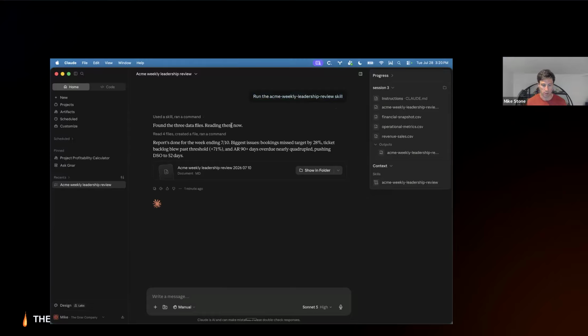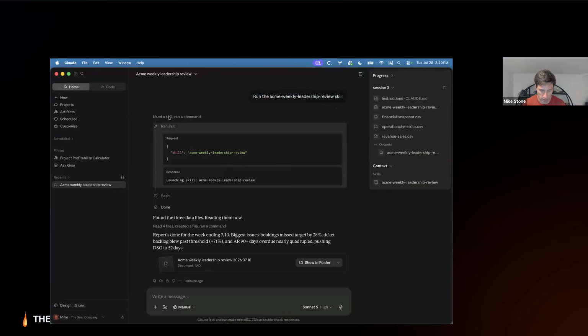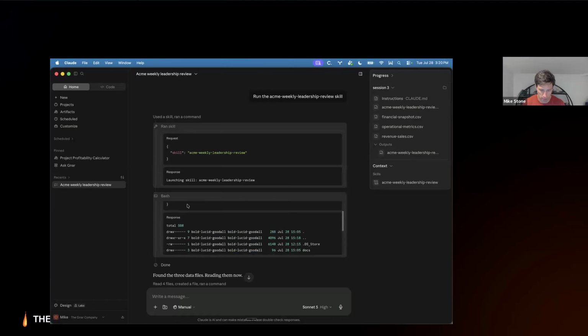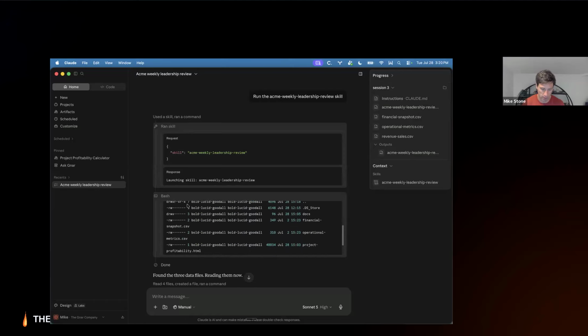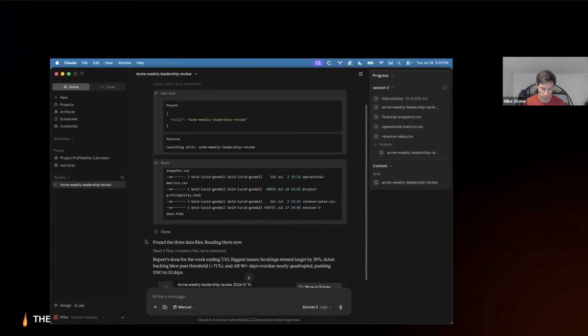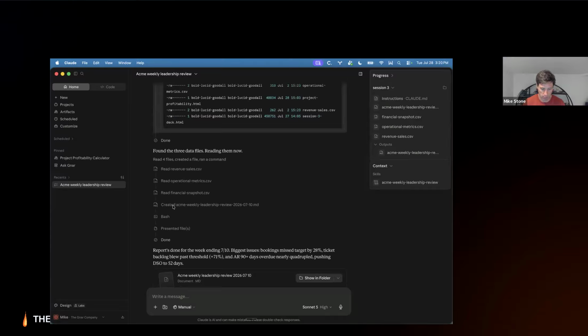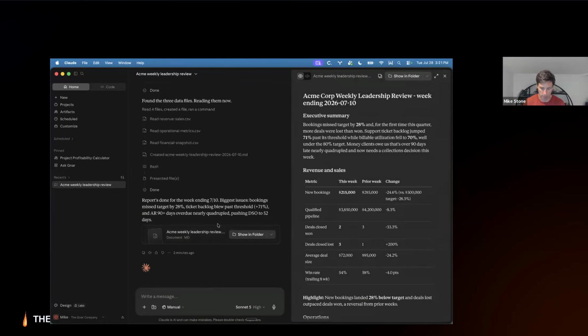But this is where Cowork gets really cool, is that you can target it around a directory and it can read your files in that directory on your computer. But you can see it ran a skill. If we just look at the steps that it took, it ran a skill. You can see it's this one. It launched that skill. It did some other stuff to pull in and read those CSV files, and then it read them and then created this presentation.